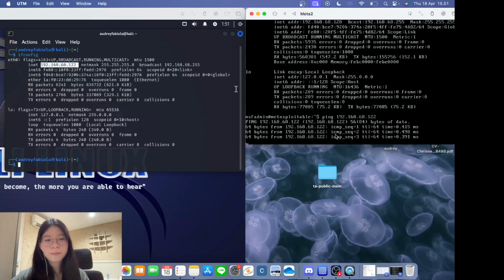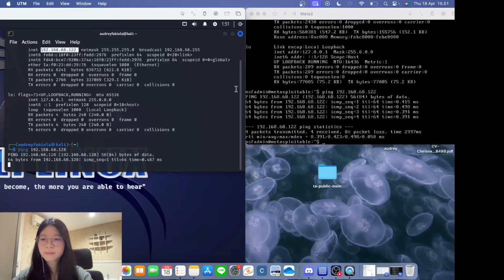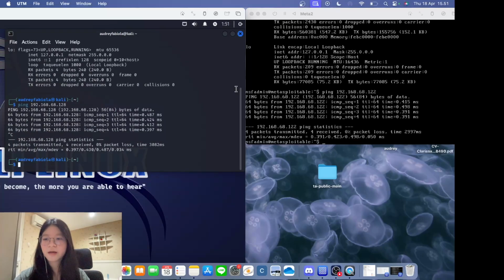and then you can press Ctrl+C to stop the pinging, and in Kali you're going to be pinging Meta's IP address, and then you can press Ctrl+C to stop the pinging. Okay, so now after you have both VMs set up, you can go to Kali Linux, and before starting the